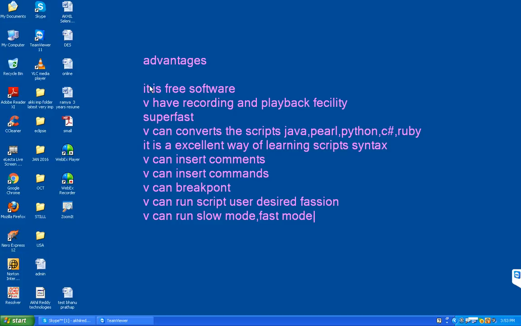We can run slow mode as well as fast mode, and we can run single statement also. I will show you these advantages. Okay, next, disadvantages.